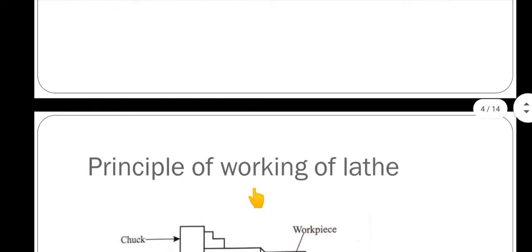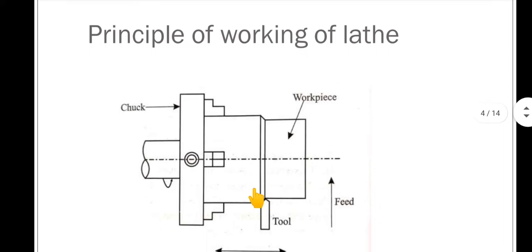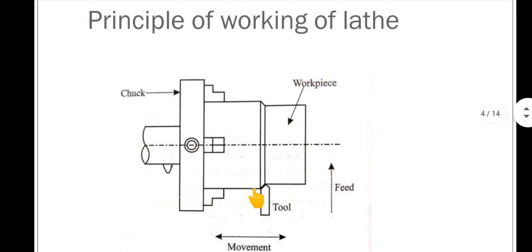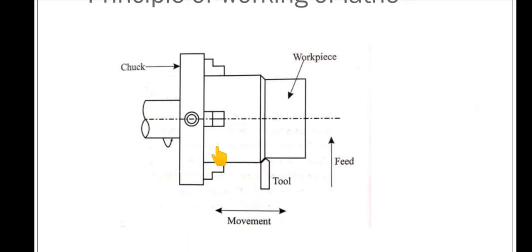Next, moving to the principle of working of a lathe. On what principle does the lathe work? Basically, this is the workpiece, which you can see here, and this one we call the chuck. I will explain what the chuck is later. This is the workpiece and this is the tool, and we can give two types of movement to the tool: one is horizontal, and the other is